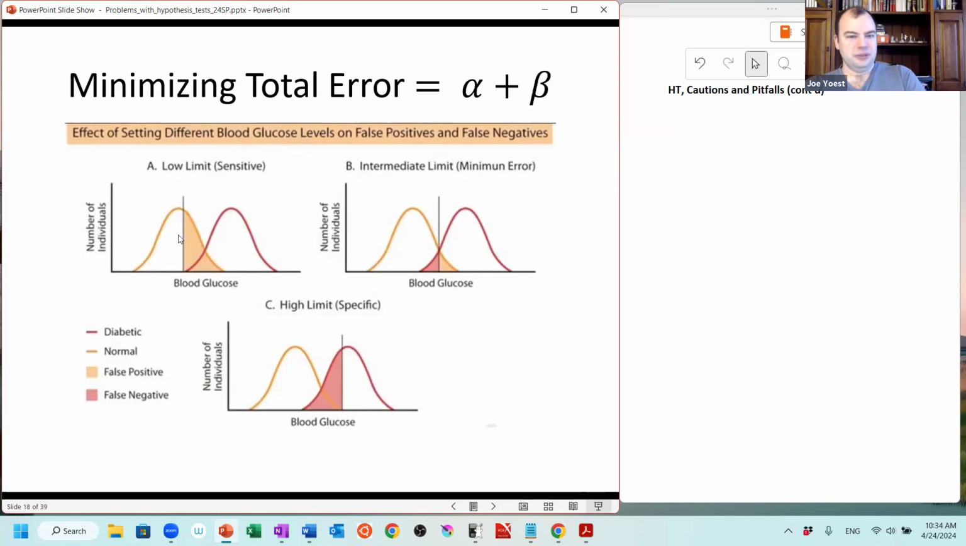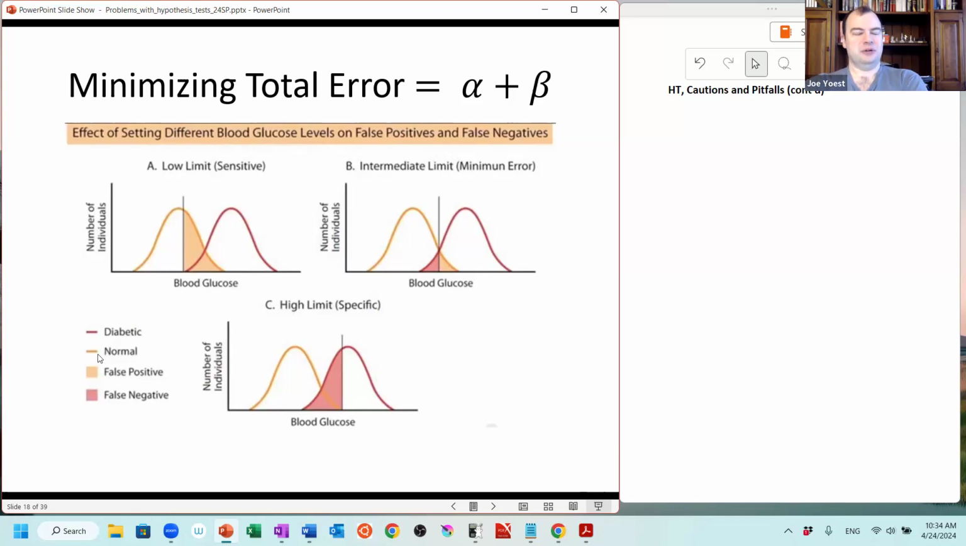Well, we could set our cutoff quite low. If we set our cutoff quite low, if I say if your blood glucose is over 90, then I'm going to say you're suspicious for diabetes and maybe need further testing or whatever we might say from there. Well, effectively, then we catch all of the diabetics, essentially all of them, right? The people to the right of that line, I'm going to call diabetic. So I effectively call all of the diabetics,